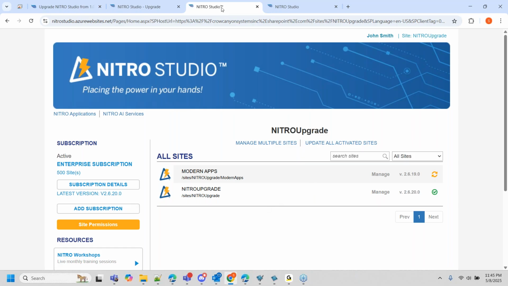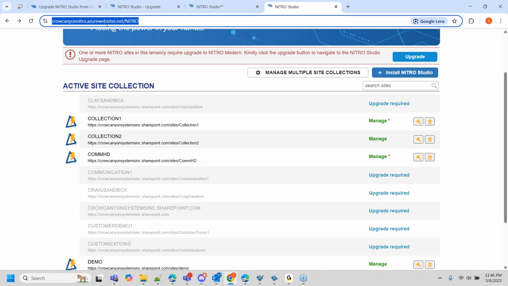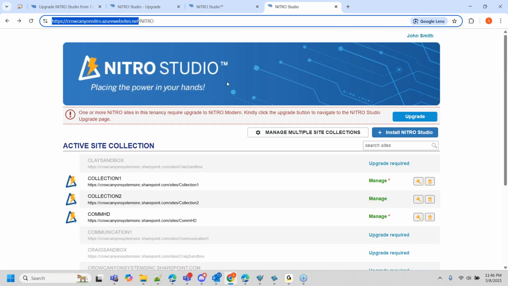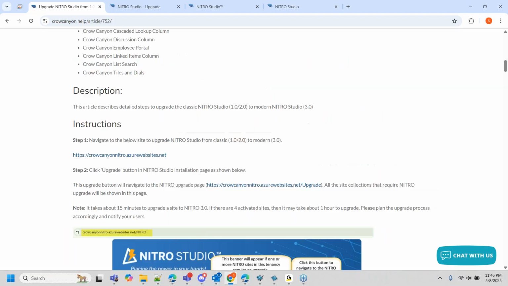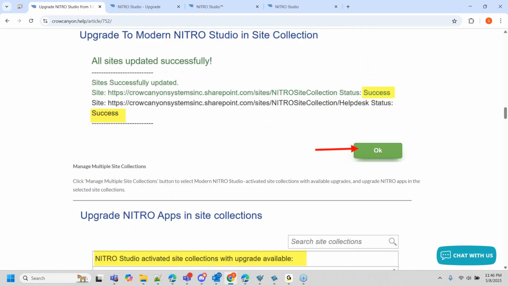Now for the initial part of the upgrade scenario, we have this URL that needs to be browsed to. Once you are on this page, you'll be prompted to grant API permissions. That will be done by the global admin, and for that you will notice a screen similar to